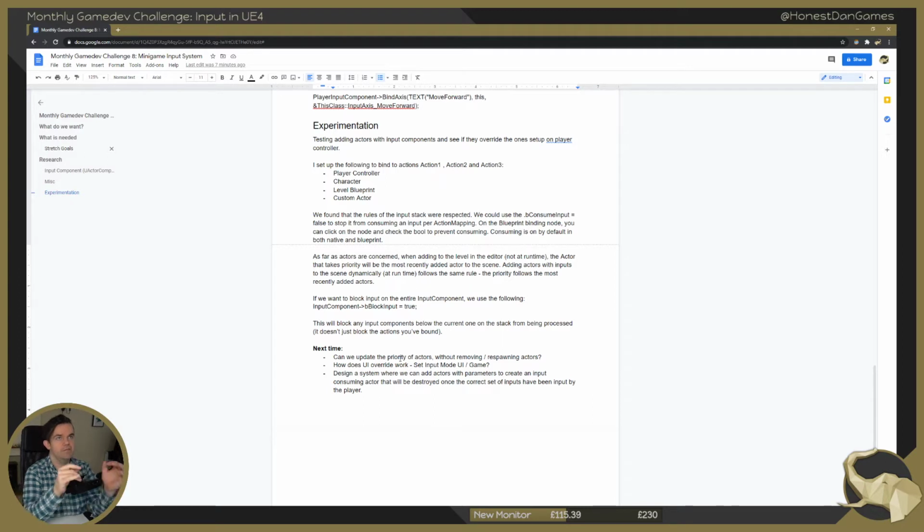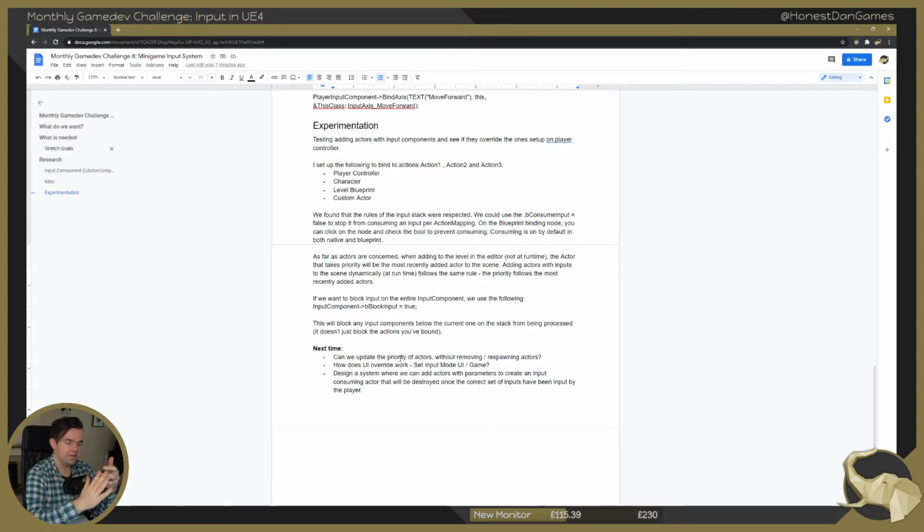On top of that, then, that input stack is, I said it's like a stack. It is prioritized. There's an order to it. Actors are the highest priority. Then there's player controller. Then there is the level blueprint, and at the bottom is the pawn. Pawn being any characters derived from pawn classes. So we had a look at how that worked and verified that it did work with some tests in editor